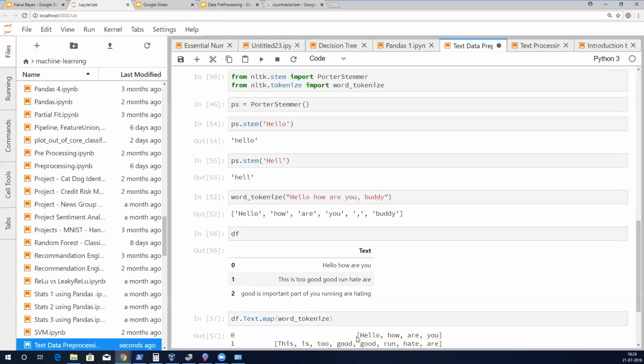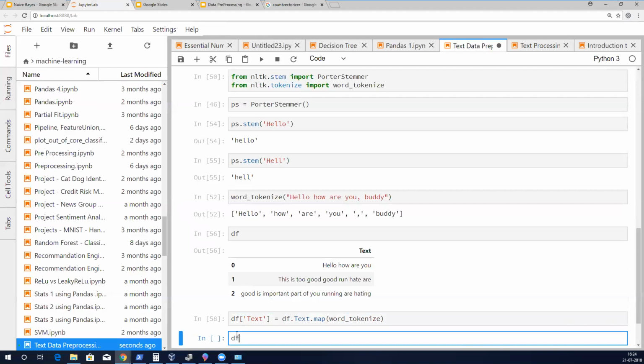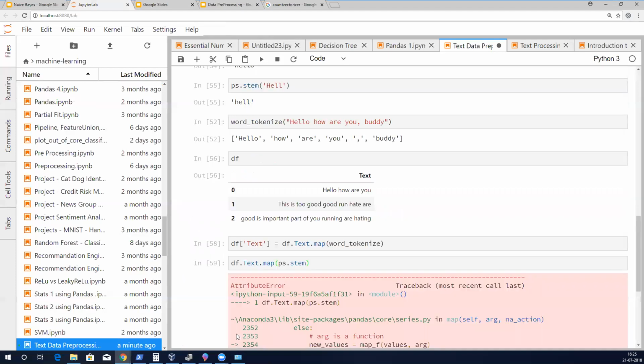So df.text, then map, sorry, not map. What is that function? ps.stem. It will stem each word.